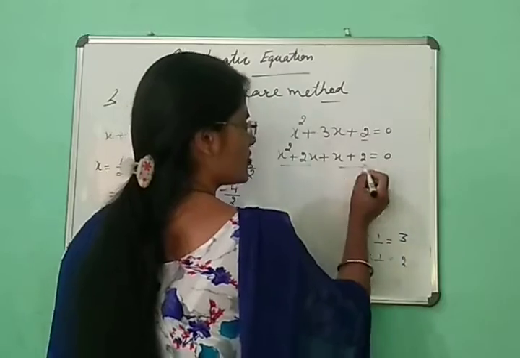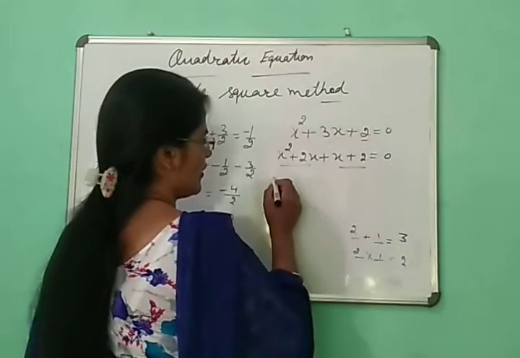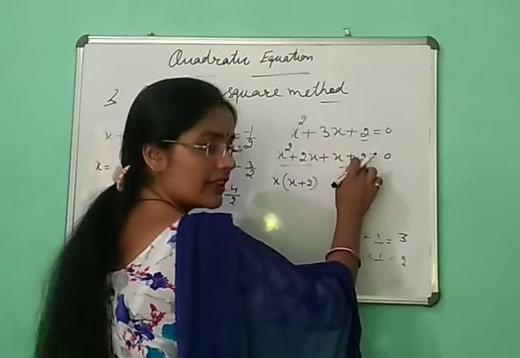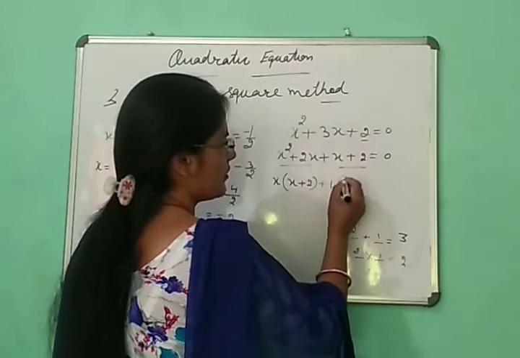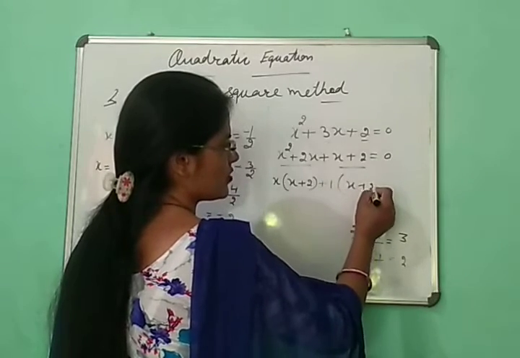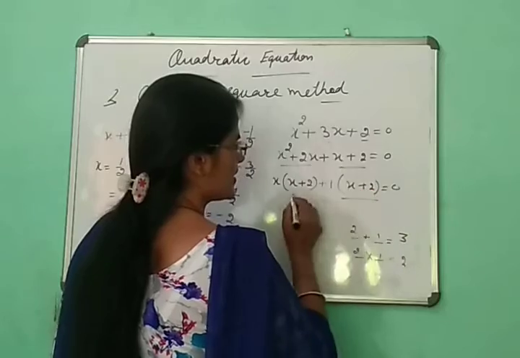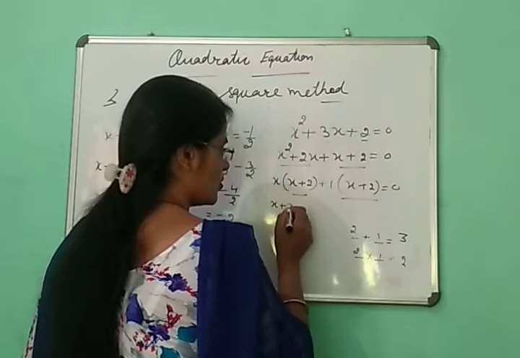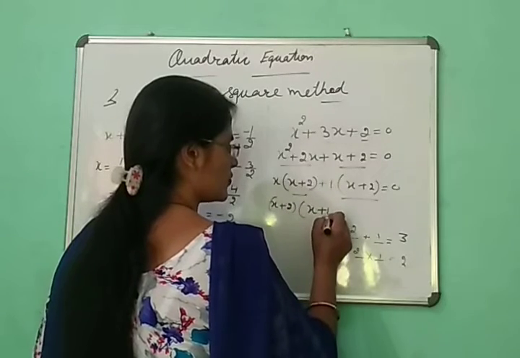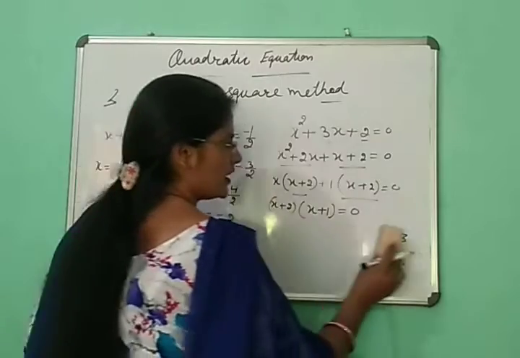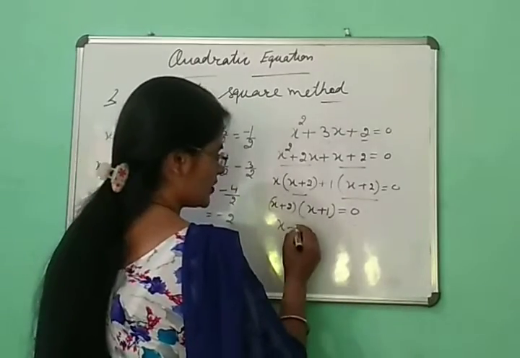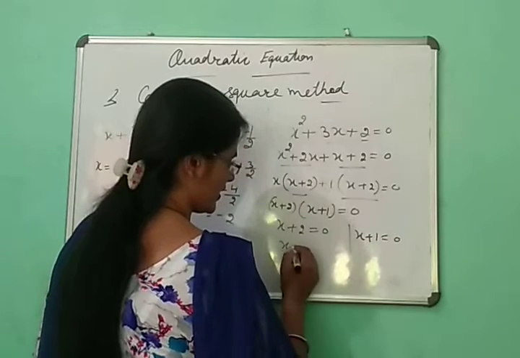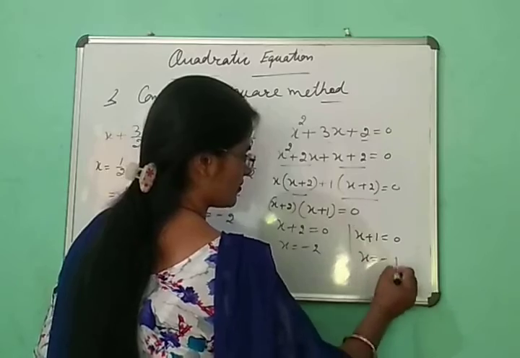So take common from the first two terms, and take common from the last two. When we take common, this one is left with x plus 2 only, and here nothing is common, so simply take one common. So here is left x plus 2. These two terms are always the same in the factorization method. Always remember. Now take x plus 2 common. Here left only x plus 1 is equal to 0. When we equate these terms with 0, x plus 2 is equal to 0 and x plus 1 is equal to 0. Here x is equal to minus 2 and here x is equal to minus 1.